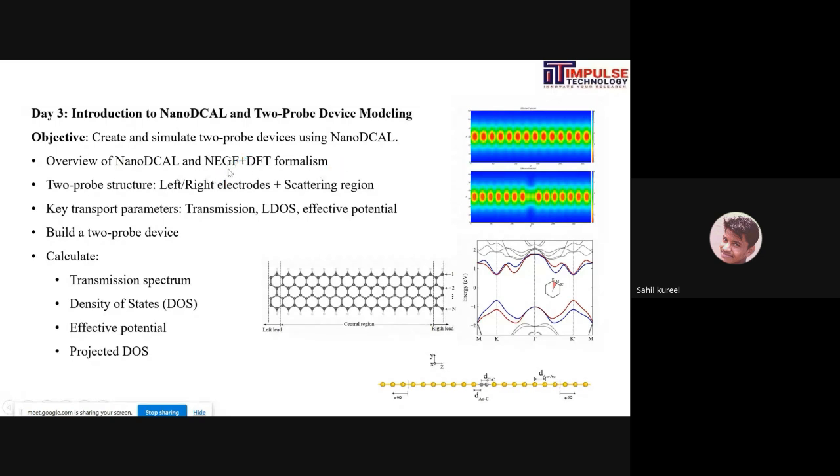Its overview is the non-equilibrium Green's function plus DFT formalism. That means you can work with non-equilibrium states of structures, and then you can move toward devices, molecules, and crystal parts. And here you can see one of the device structures. The 2-probe generally means one left and right electrode and one scattering region, as you can see in the graph. And similarly with the graphene structure, you can see it has a left probe, a left lead,